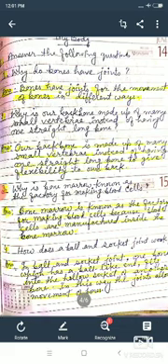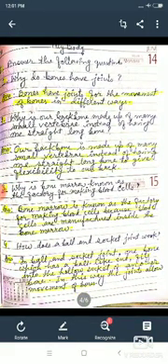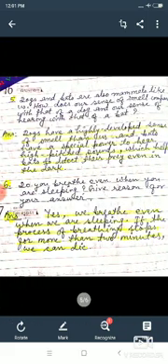Now the question number 3. Why is bone marrow known as the factory for making blood cells? You will write, bone marrow is known as the factory for making blood cells because blood cells are manufactured inside the bone marrow, and this is a very important question. Now the question number 4 is, how does a ball and socket joint work? In a ball and socket joint, one bone which has a ball like end fits into the hollow socket of another bone. In this way the joints allow the movement of the bone.